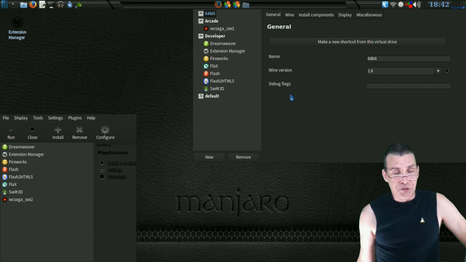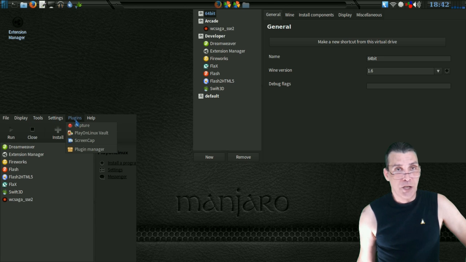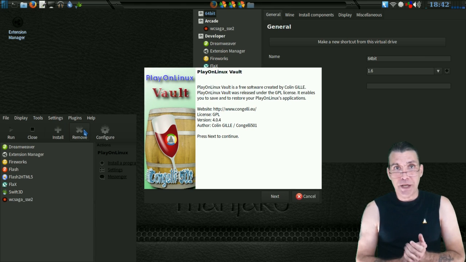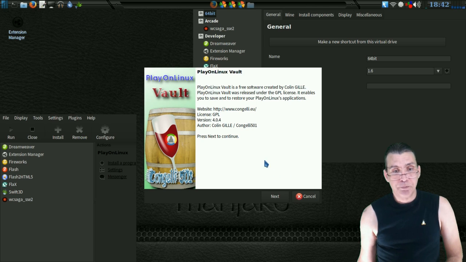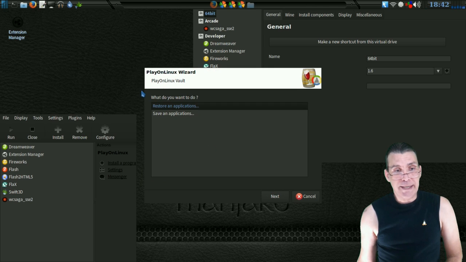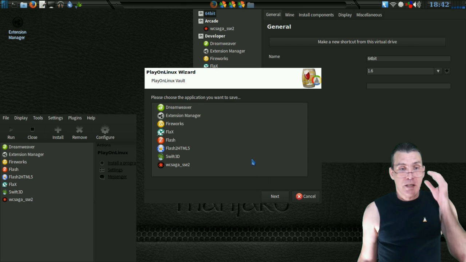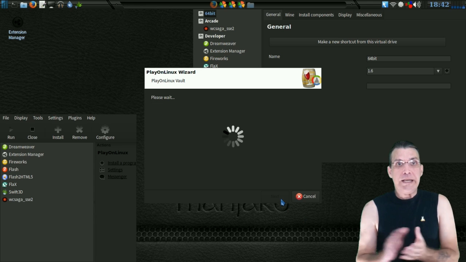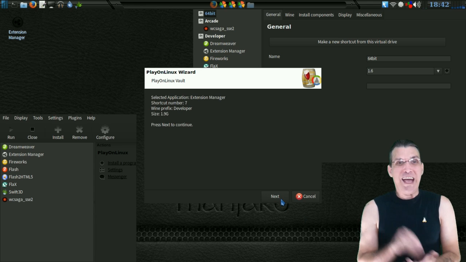There are other really interesting things that you can do with this. Under Plugins, you have the PlayOnLinux Vault. And from here, using this application, you can restore an application or save an application. Now, something to keep in mind. All right, if I choose the extension manager, for instance, and press Next, it is going to save everything in